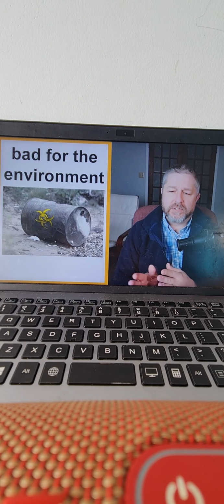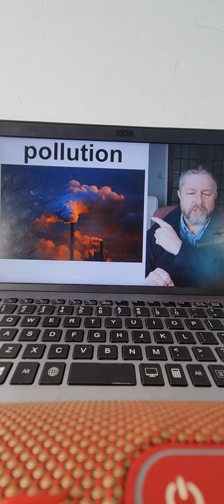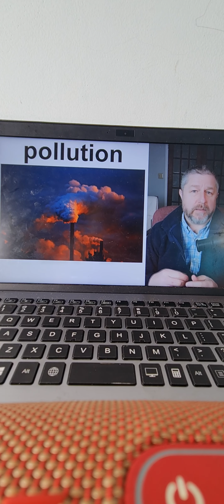So the first thing that is bad for the environment is pollution. Pollution is when we put things into the air or we put things into the environment that don't belong there. And it's when we put things into the environment in great quantity. So the smoke that comes out of smokestacks at a factory can be pollution. You can have pollution coming out of the exhaust of your car. Even something like throwing garbage into the ditch or onto the side of the road is considered pollution. Littering is also pollution.